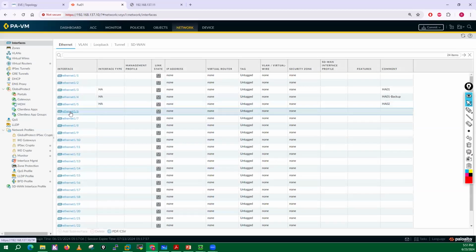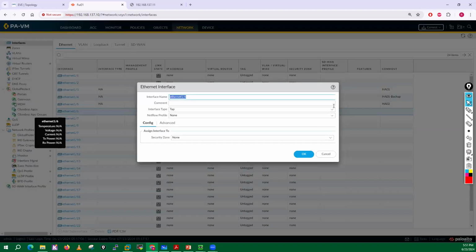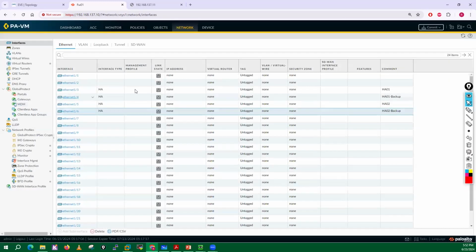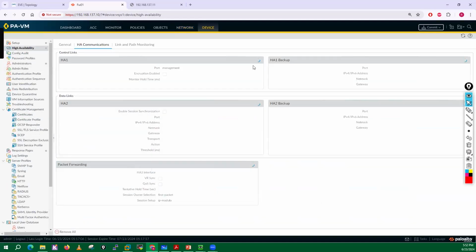Then we have Ethernet 1/6, which is the HA2 backup. So first we have to change these data interfaces to HA interfaces, and after that we can utilize these interfaces